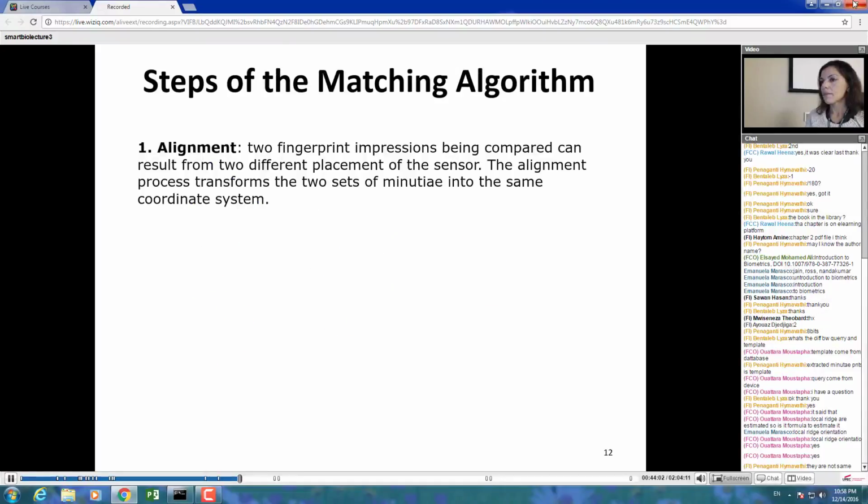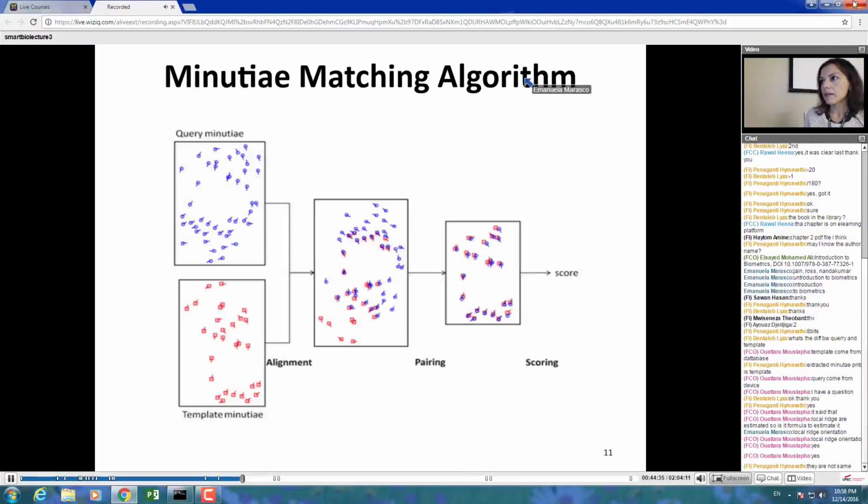Okay, so we have the first step, the alignment. So let's think and reason about this word and why do we need it. What does it mean, alignment? When you think about alignment, why is this a step to start matching before comparing? Let's go back to the slide. When we have the set of minutiae in the query and the template,